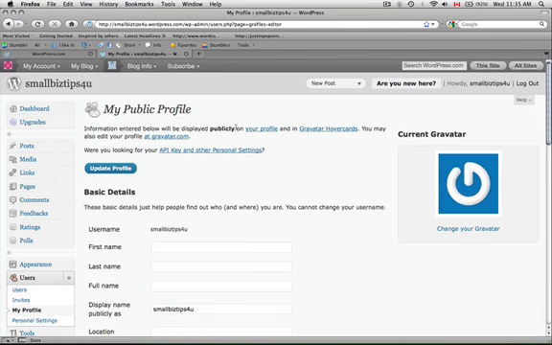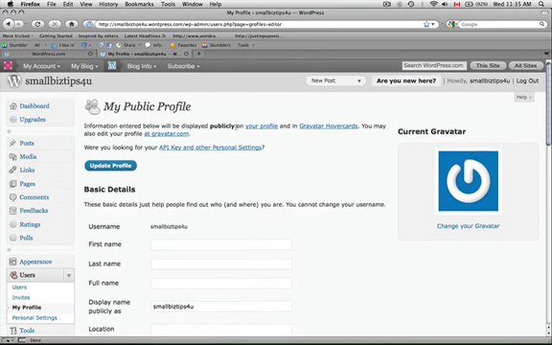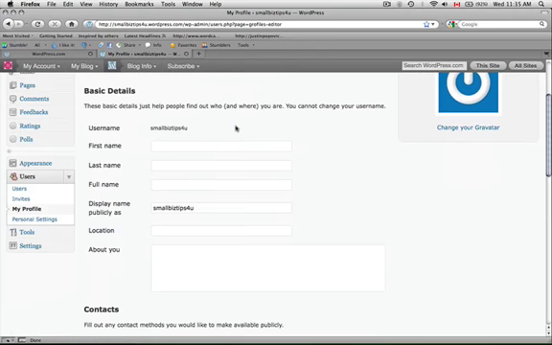So this is a good thing, and in some cases you want to be aware of what else might come out of it, in the sense that you're publishing information about yourself. So you have to determine what your level of comfort is here. If I go to the basic details, you can see there's your username, which you can't change, but then